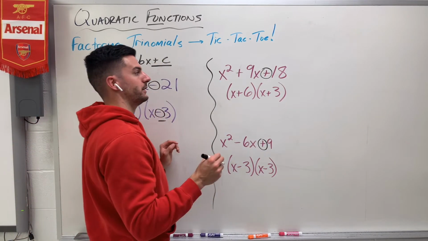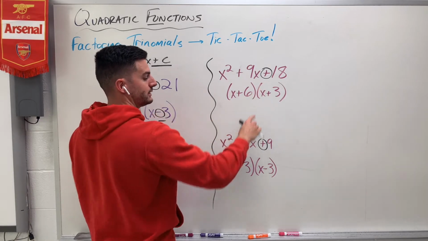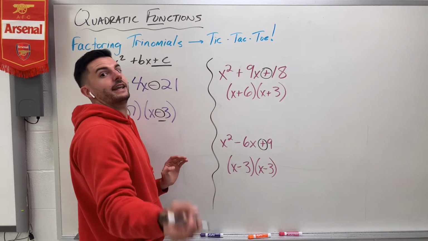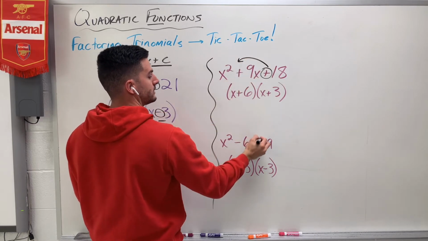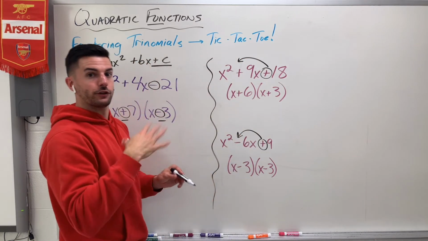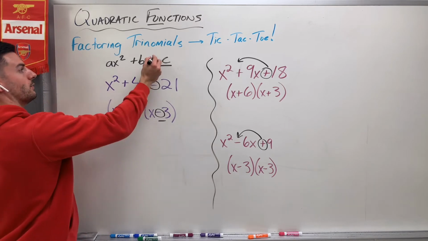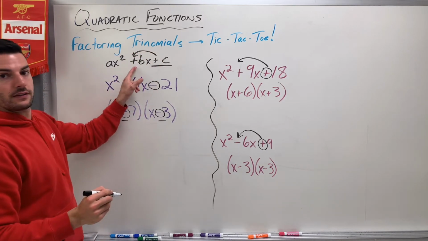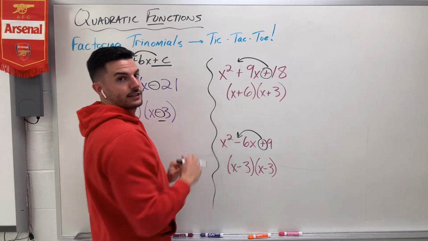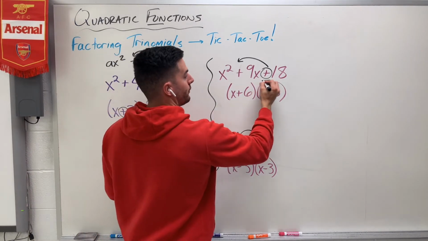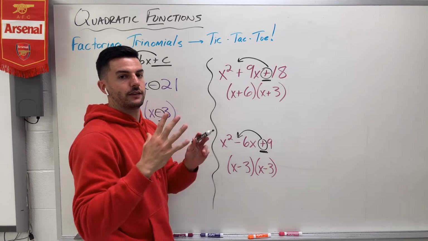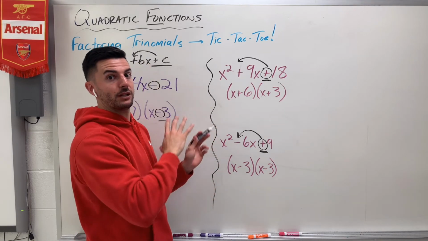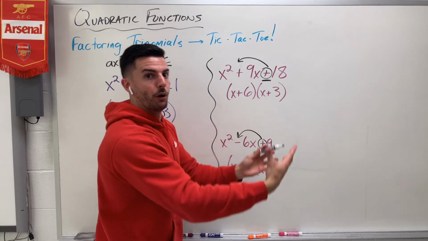That's going to be a little bit different, okay? If the sign there is a plus, you have two possibilities. And that's where the other sign comes in, right? This guy, okay? So if the sign is a plus, you look at what the first sign is. So you look at what the sign of the b number is, and that's going to tell you. But either way, if that c sign's a plus, your two signs are going to be the same as each other. They're either going to be both pluses or both minuses,